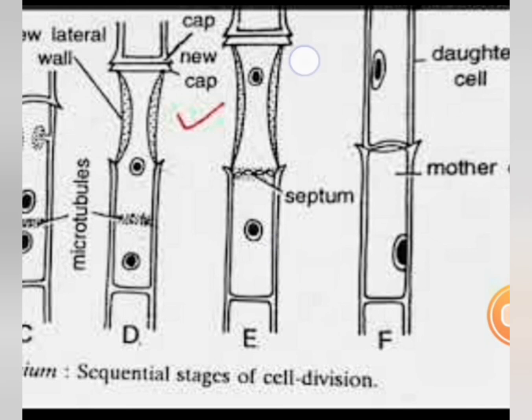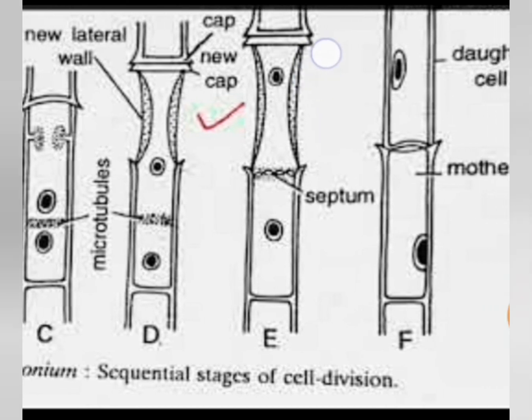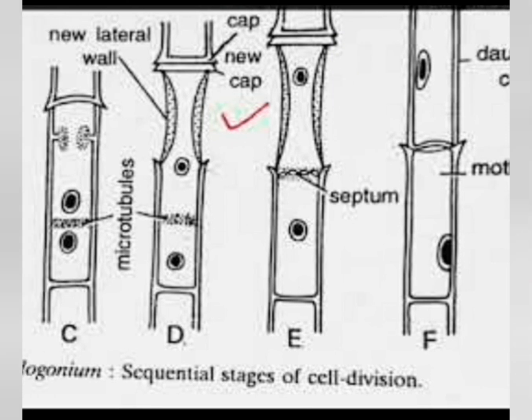Because the ruptured mother cell wall has attached here at the anterior end, and it acts as a cap, the apical cap. So that is why the cell with the cap is referred to as the daughter cell. It is evident that it is a daughter cell, and the one below is the mother